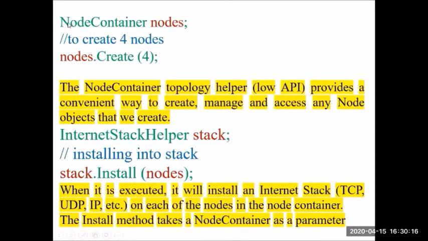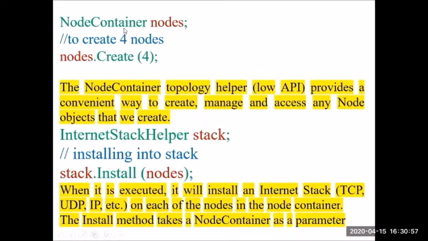See here now. I am continuing with the program. NodeContainer. This NodeContainer is a class. It is a topology helper here. It is a low-level application. NodeContainer. It's like a container to hold the nodes. It's a box where you can keep the nodes. Okay. So I need a place to keep the various nodes which I simulate inside my network. I'll make a node container for that. So NodeContainer is the class. It is just a holder, and nodes is the user defined name for the object.